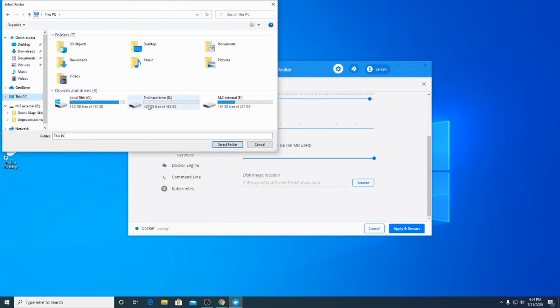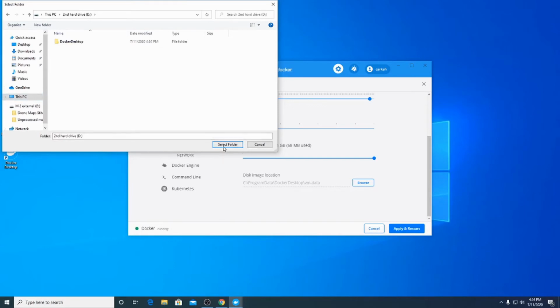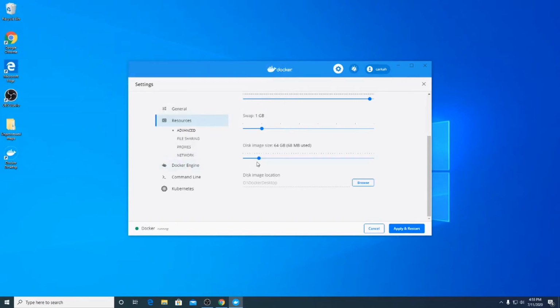So I have this hard drive right here dedicated just for making maps. I'm going to click on that and select folder. If you have a specific spot you want all these maps made, you can hit documents or pictures or whatever. But I'm going to put mine on my hard drive. There we go. And then I'm going to dedicate